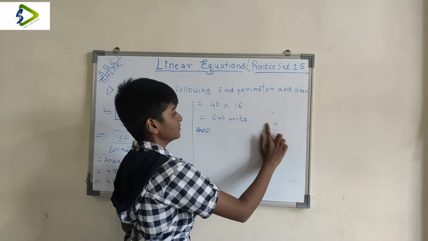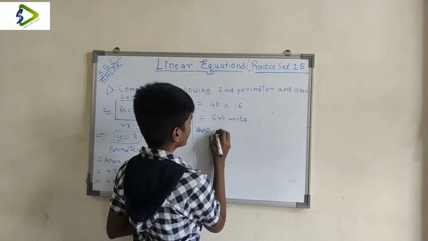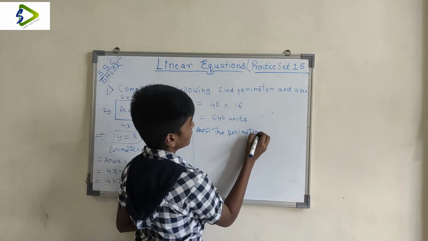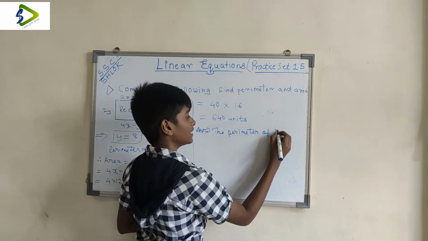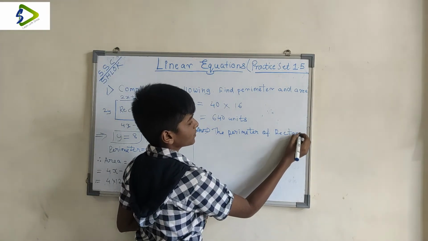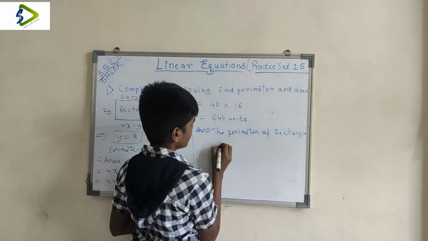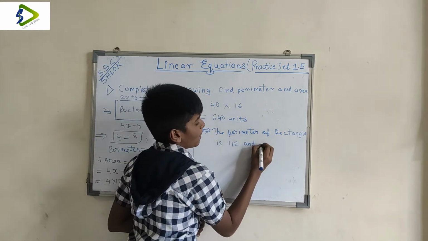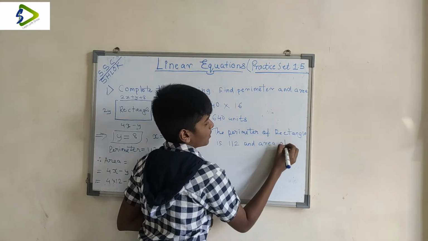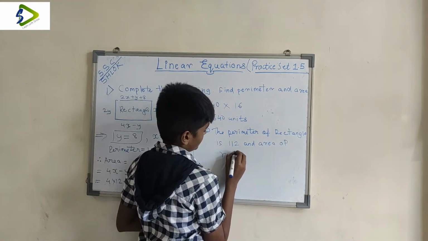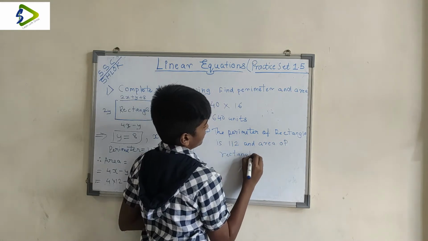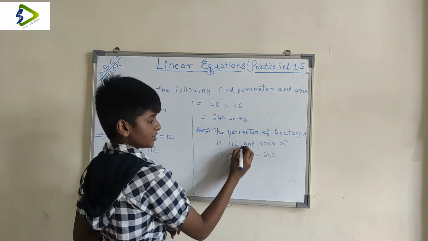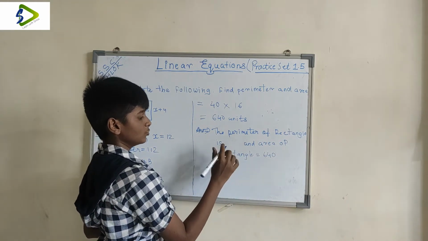over here, I am roughing this. So final answer is the perimeter of rectangle. The perimeter of rectangle is 112, and area of rectangle is 640. Here first I had not written units over here, so you must write units over here